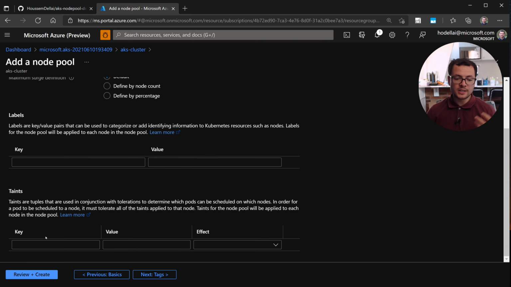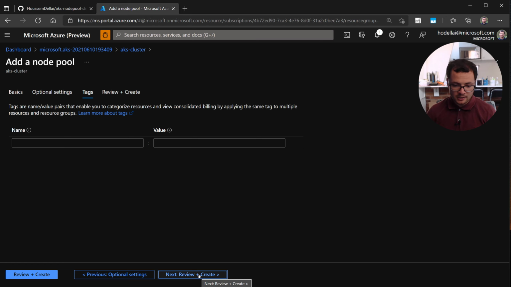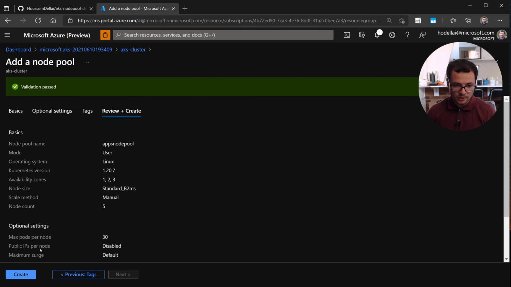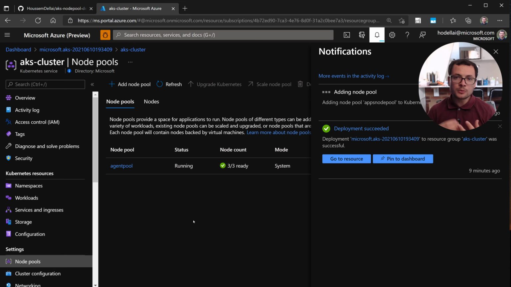We'll see how to use these in a later demo, but for now let's go next to the tags, no need for this. So then I'll go to create this new node pool. There are actually more options you get when you create a new node pool that are not available yet within the Azure portal,